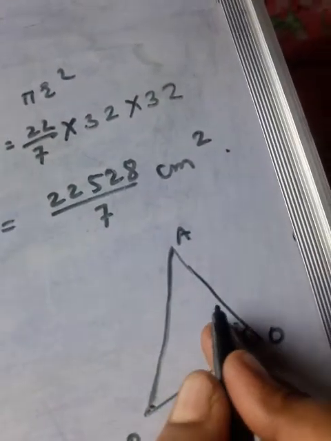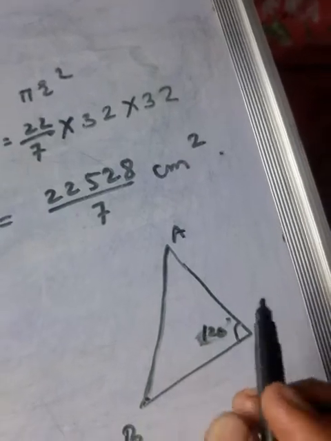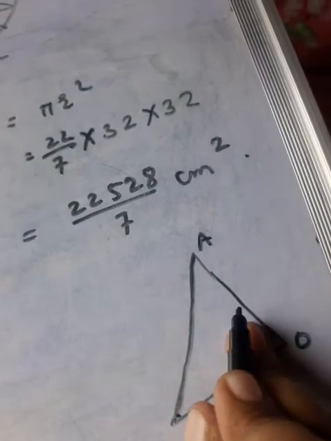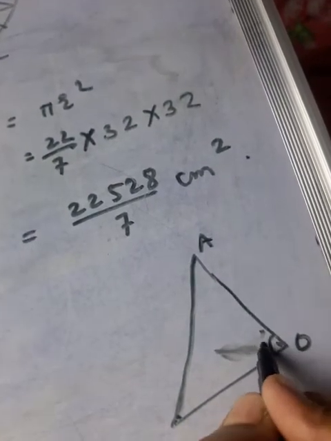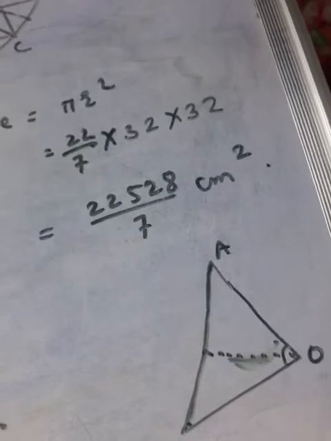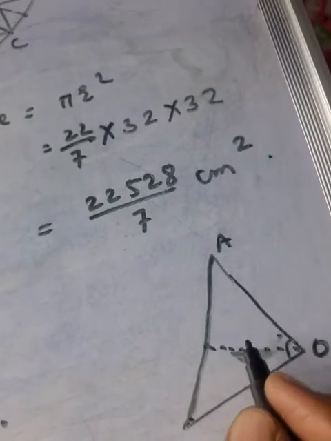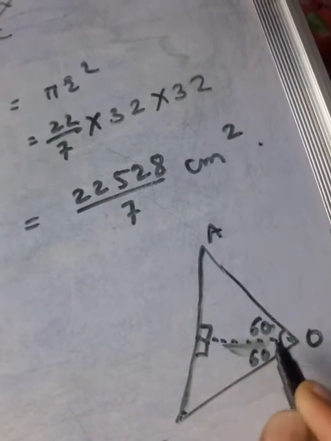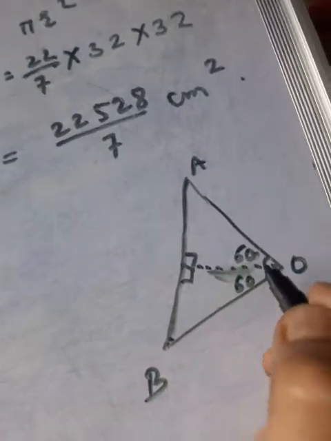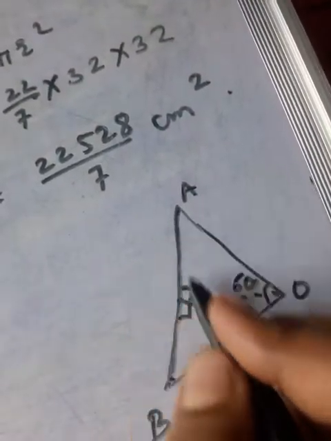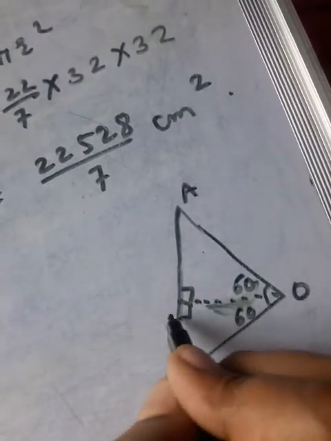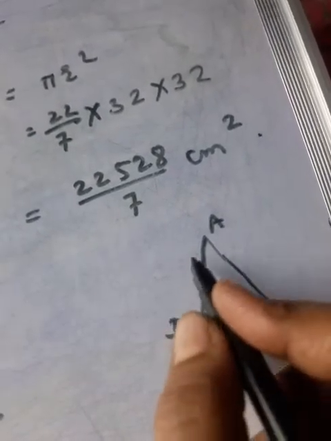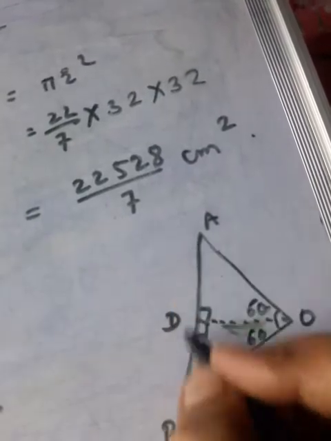For the 120 degree angle, we know AB is a chord of this circle. Suppose we draw the perpendicular from the center to the chord. You already know that the perpendicular from the center to the chord bisects the chord. So these are 90 degrees, and the 120 degree angle is divided into two angles of 60 degrees. Take the first of the two triangles formed by this perpendicular. Suppose this point is D. In triangle AOD, find AD, and adding AD and BD you will get AB.